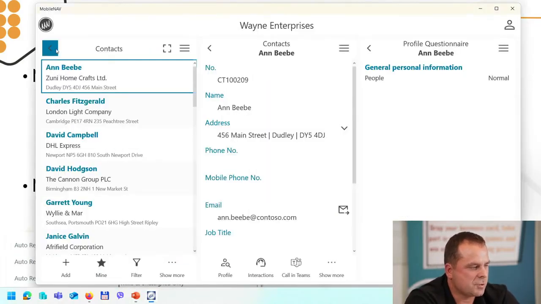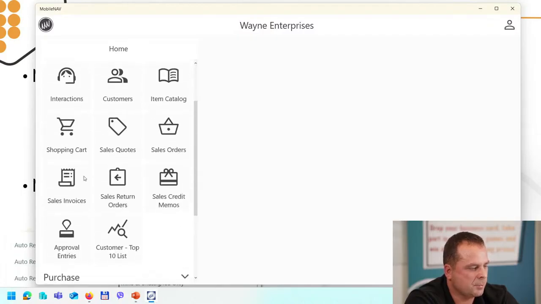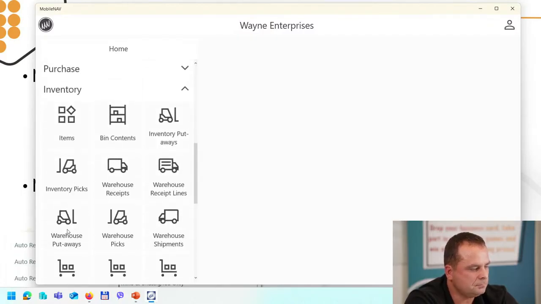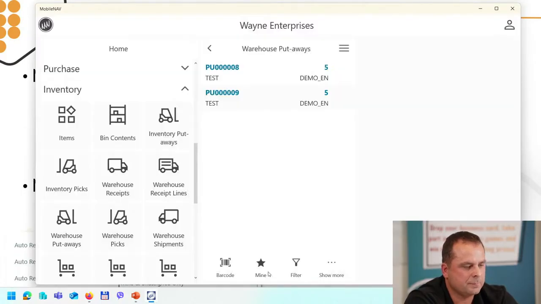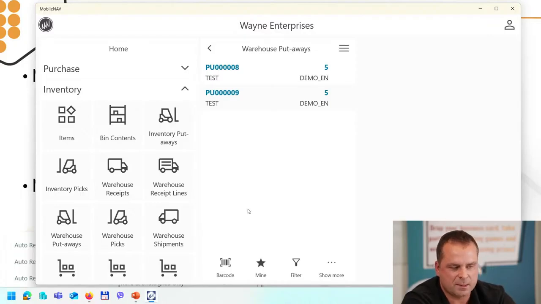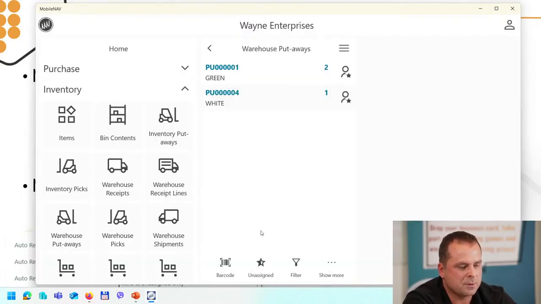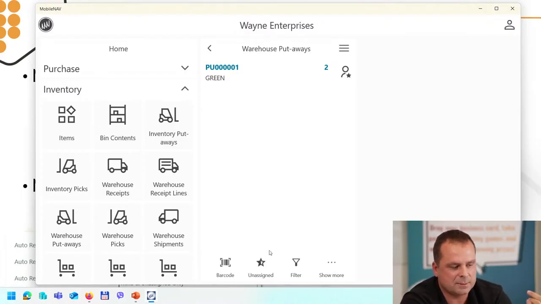I quickly also show you this on the putaways. So here, this is the default one, so I can only see my putaways at the moment, but if I toggle it, then I can see all the unassigned ones. On the unassigned list, you can also already see a button, which is the assigned to me button, and if I'm pressing that, then that will disappear from the unassigned list,